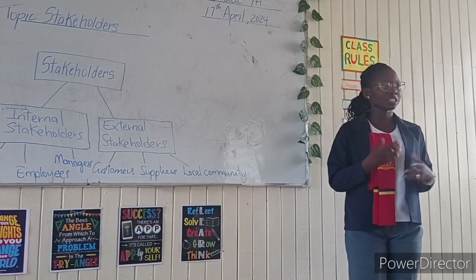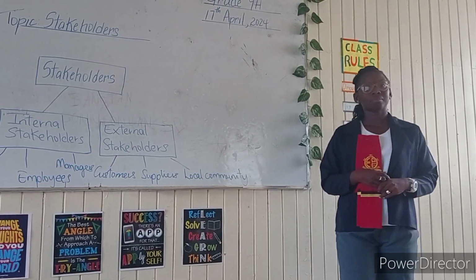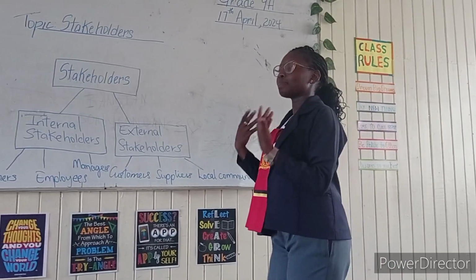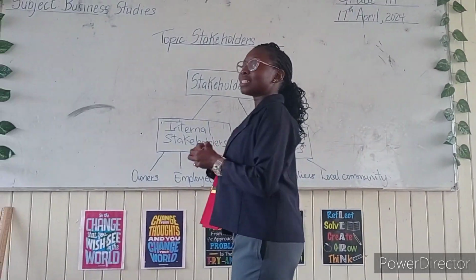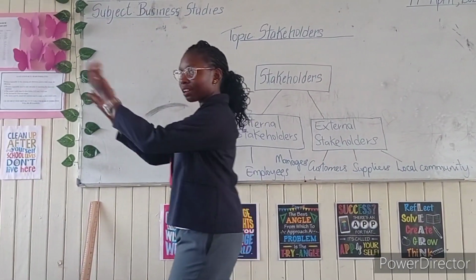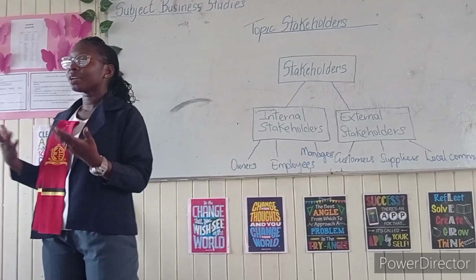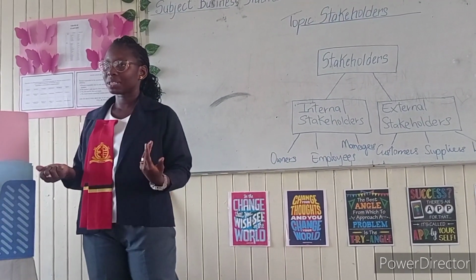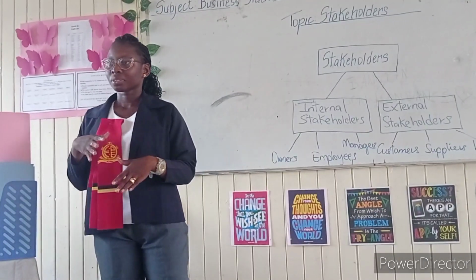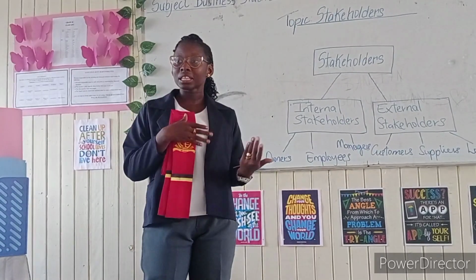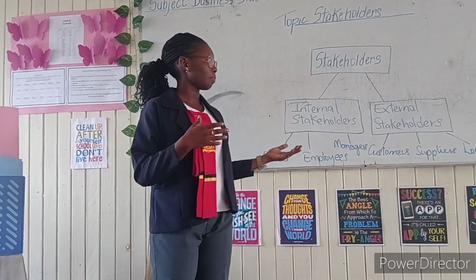Let's look at our suppliers. Why would suppliers be interested in a business? That's correct. They supply goods to the business. So once the business is there, the supplier has a job to provide whatever is required to the business. So the business is like a job. Providing to the business is a job for the supplier.